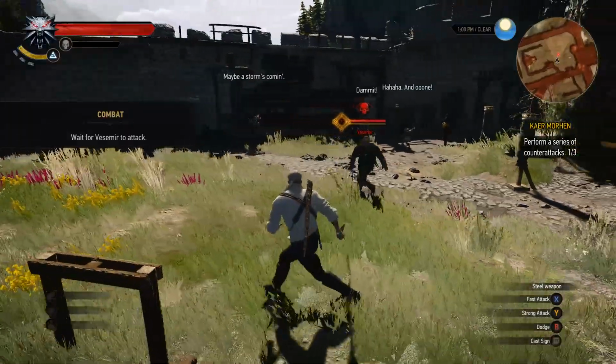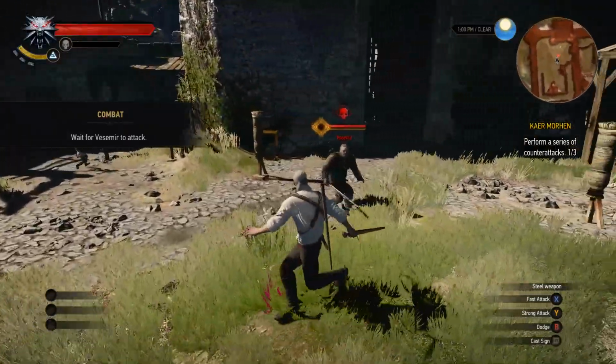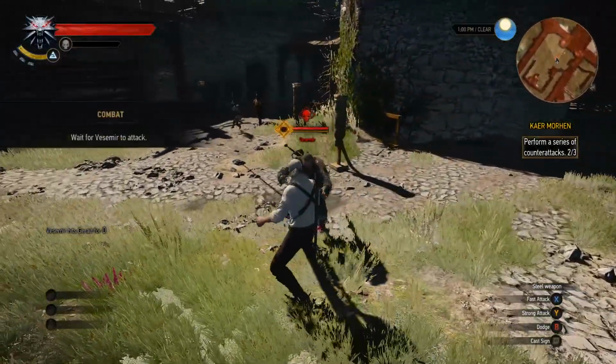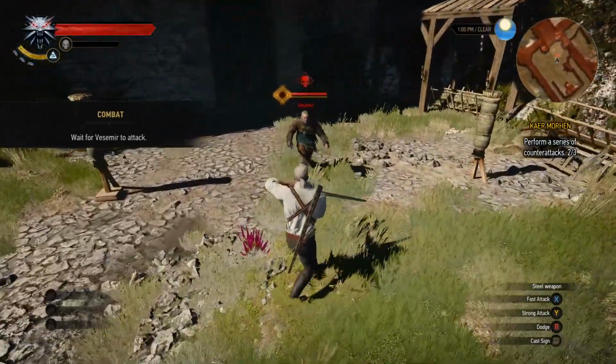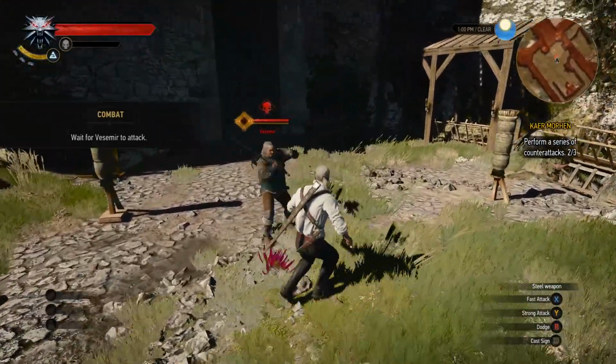Yeah, okay. Let's try that again. So if you hold it, it's your basic block. That's all fine and good. And then if you're pressing it right close to when they're attacking...